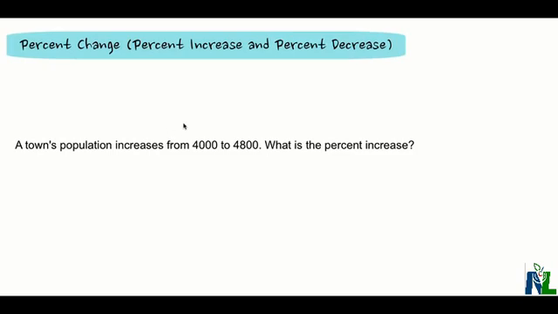I'm going to look at percent change. We refer to this a lot of times in questions as percent increase or percent decrease. So I can calculate these things. I can calculate the percent change